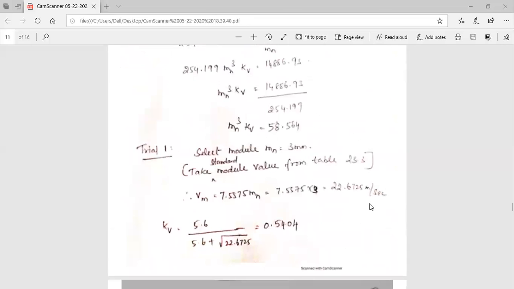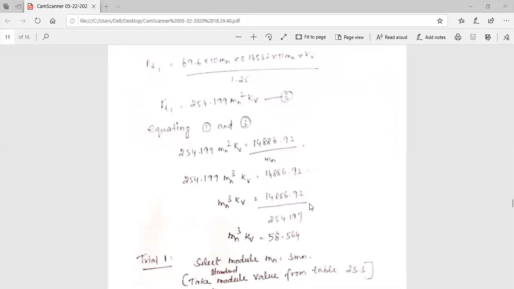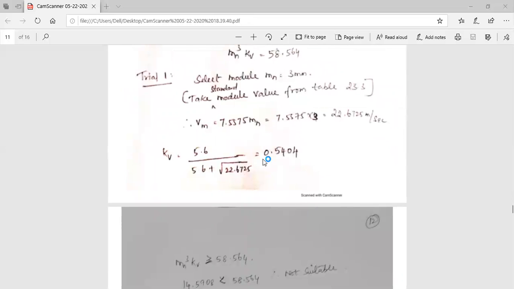Okay. So Vm, we found the Vm. After Vm, we get the kV. Formula kV is 5.6 divided by 5.6 plus root Vm. So substitute the value, get the kV. So kV is